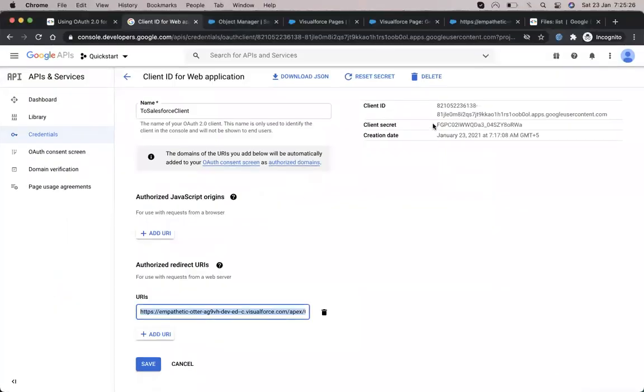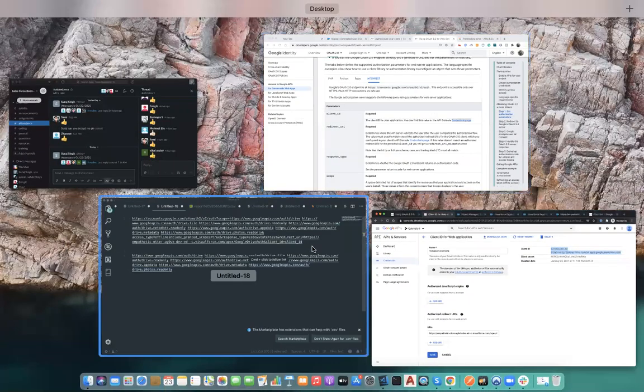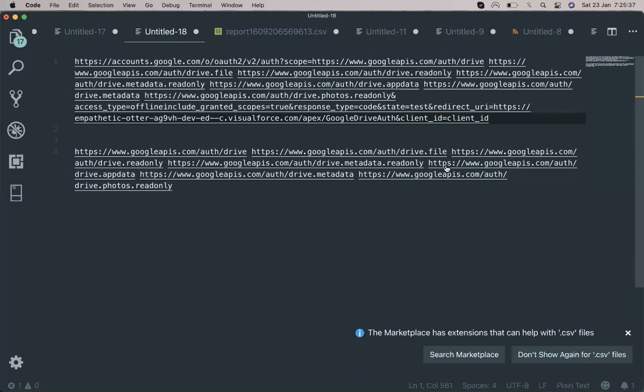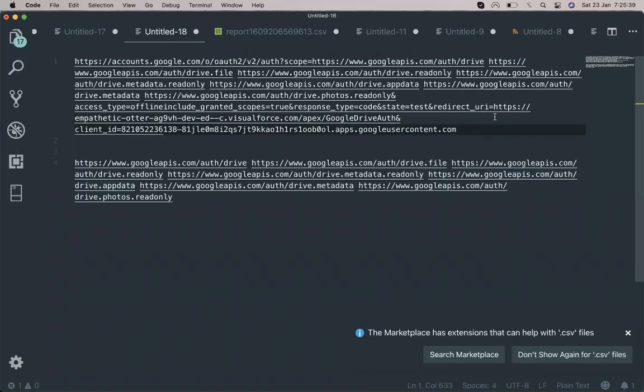The client ID is here. Okay, now this is our first step that will help us authenticate the user.